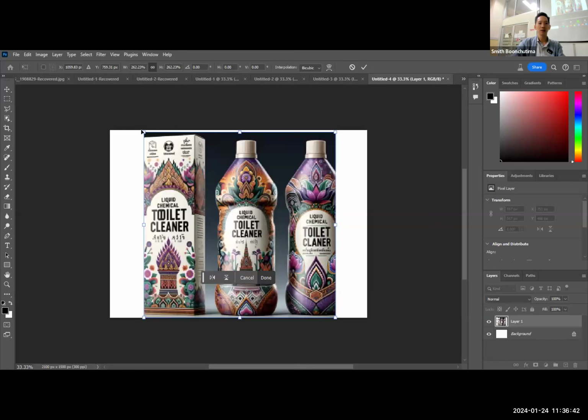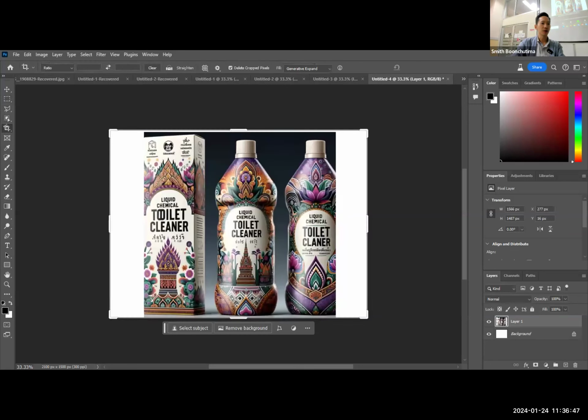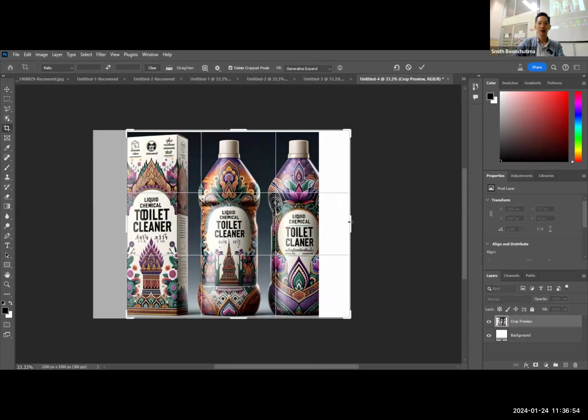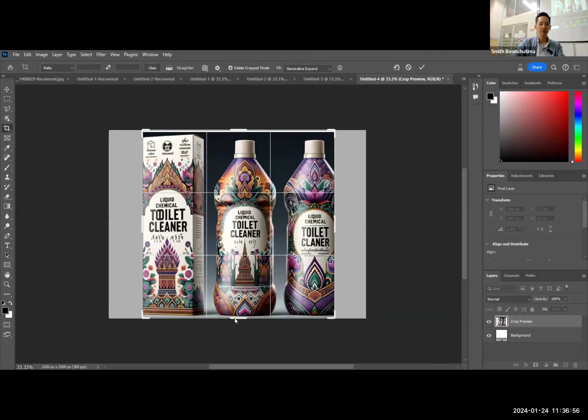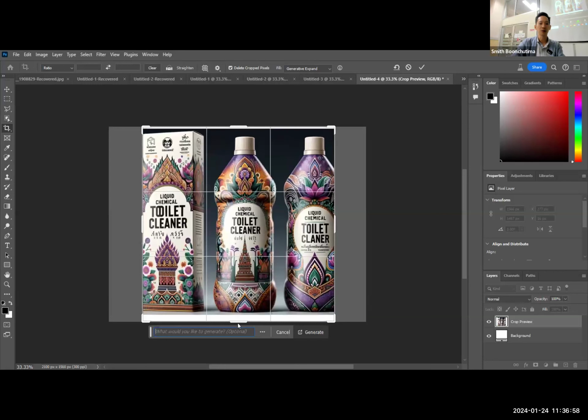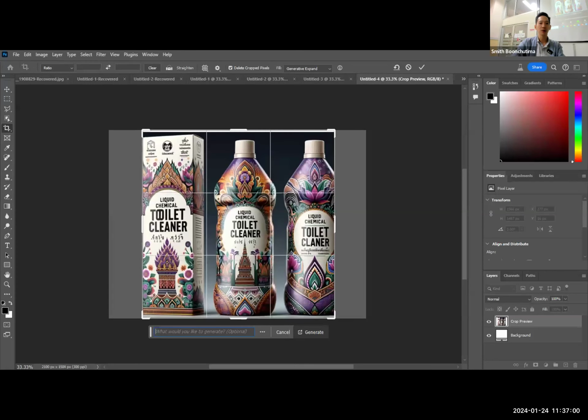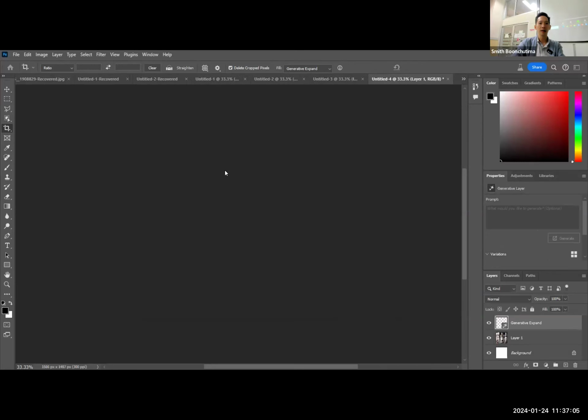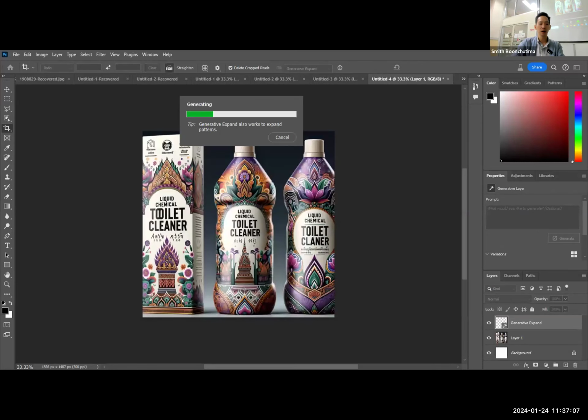So this is what I got from the earlier generation. First, I would like to make sure that this area fits with the image by using a very simple crop tool. Crop tool, very nice. Okay, good. Double click, then I got the image cropped perfectly. Then I'm going to crop using the crop tool again, but this time